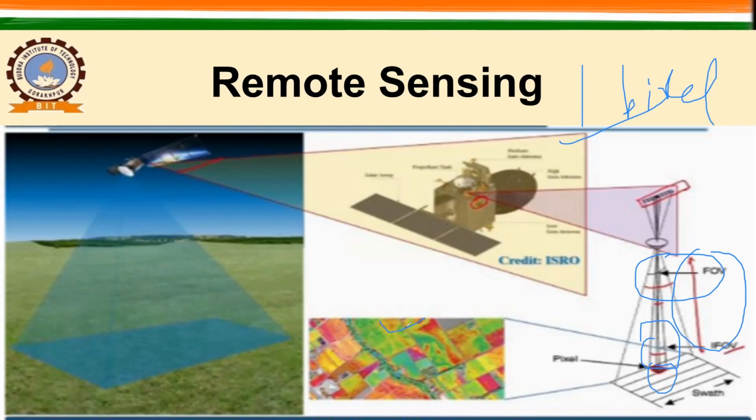So this is basically how much area one detector is looking at on the ground and is getting converted into a number. इसको फिर हम क्या करते हैं? एक number में convert करते हैं. Whatever energy is coming from different portions of this pixel will get averaged, and you will get a single value, and subsequently these pixels are arranged in a particular manner, and then we are able to see the images. This was all covered in my previous lecture.